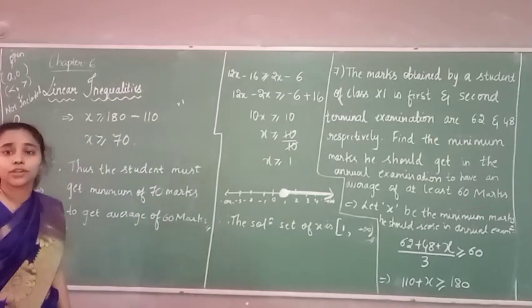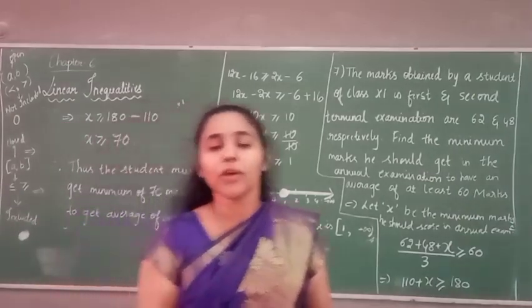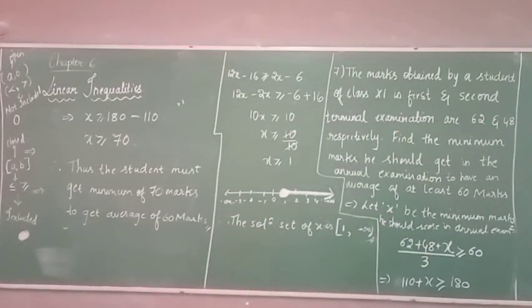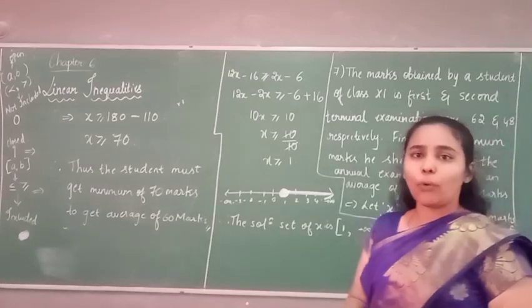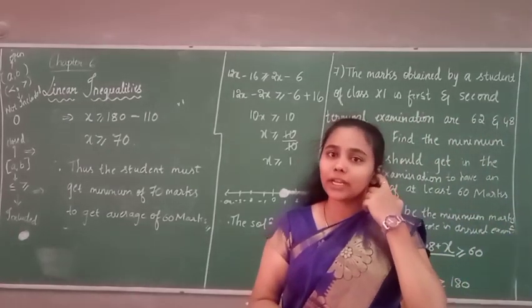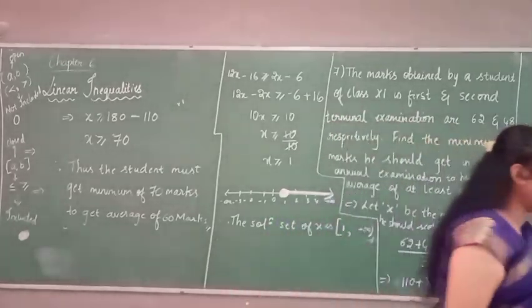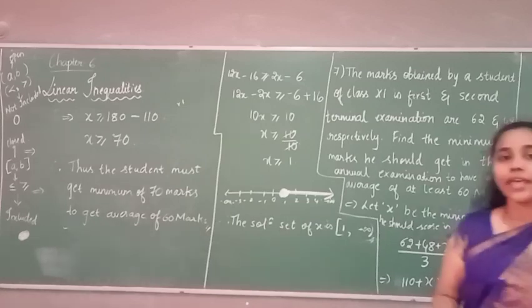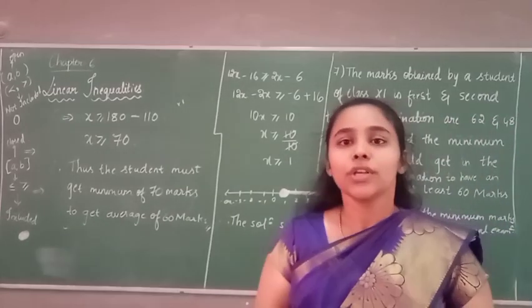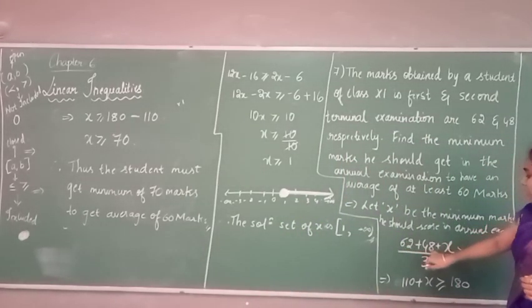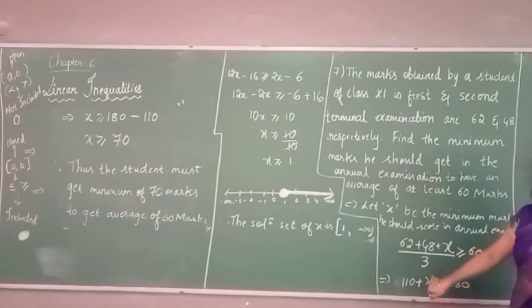Hope you have understood this question, which is nothing but a statement problem. So in exercise 6.1, I think from question number 1 till question number 20, we have only the numerical inequalities or the variable inequalities, linear inequalities of one variable and linear inequalities of two variables. So from 21 to 26, there we have the statement problems. So always remember, when they ask for the average, you will be taking the average of the given marks and the marks which you need to find out, whole divided by 3.